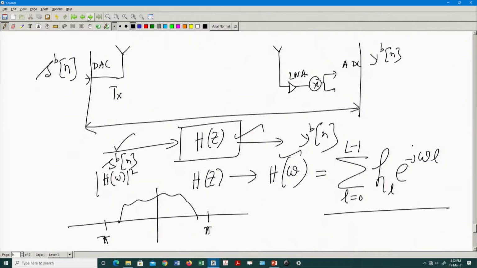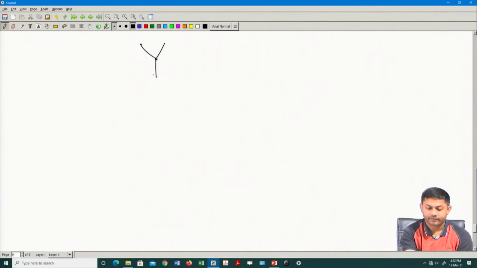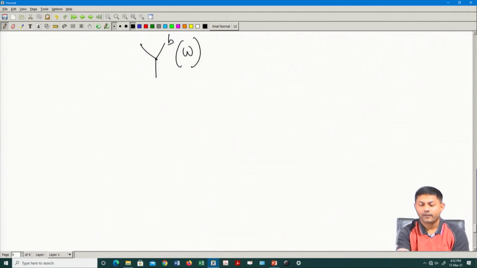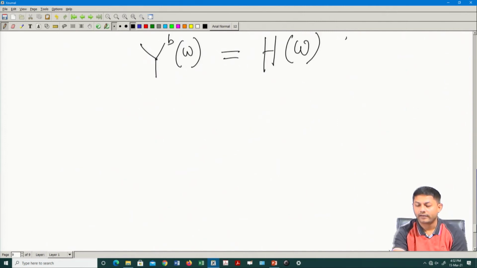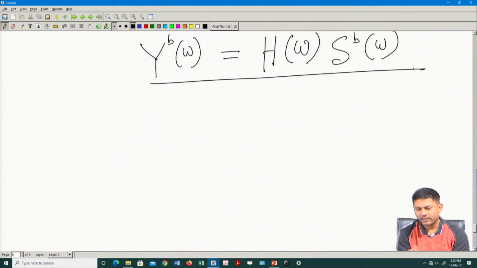Okay. So, can I say if I take Y_b(ω), I can naturally see it will be H(ω) and S_b(ω). It is a system of linear equations, a static system. I am not creating any time varying system, otherwise it will not work. If it is time varying, this does not work out. If it is a static system, this works out pretty well. We will explain what happens when it is time varying, and that is your Doppler constant. So, this is what it is.